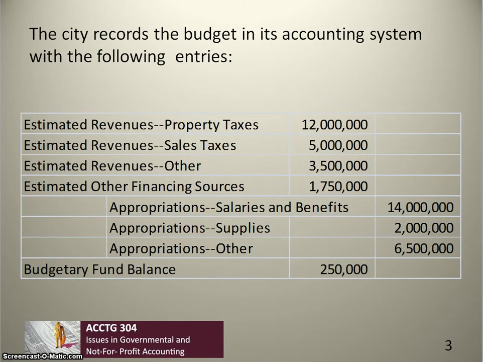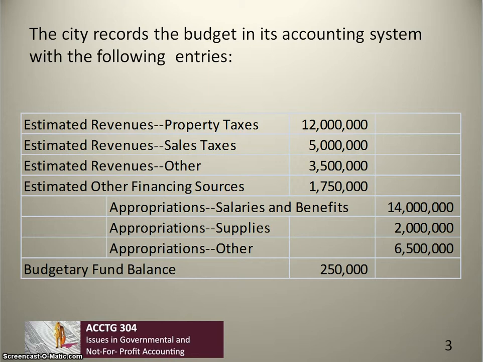So first, our city will record its adopted budget in its accounting system, recording estimated revenues and estimated other financing sources with debits, and appropriations with credits. And the balancing entry is to a fund balance account, usually budgetary fund balance. So in this case, we debit budgetary fund balance, indicating we are projecting a decrease in fund balance of $250,000